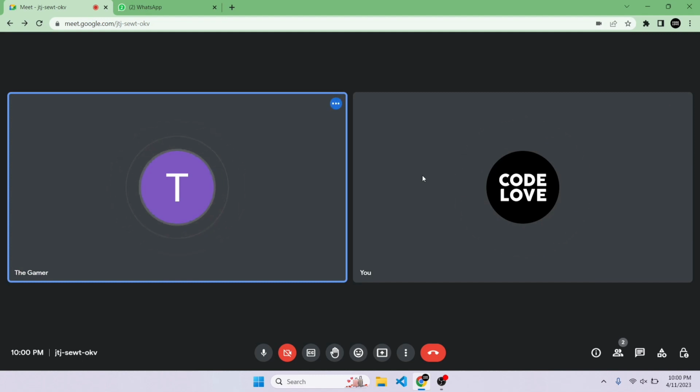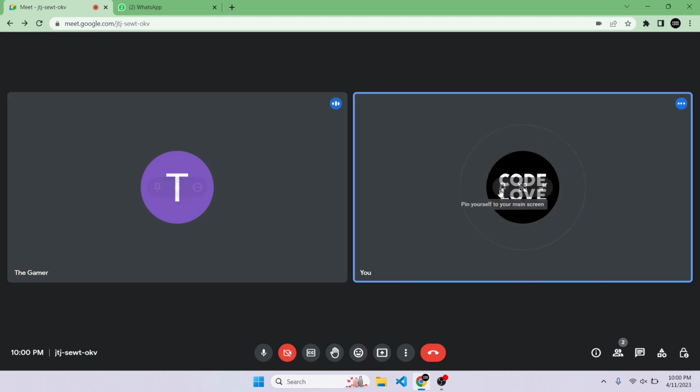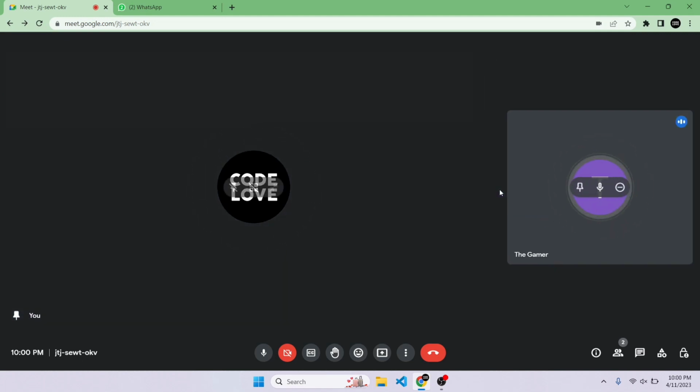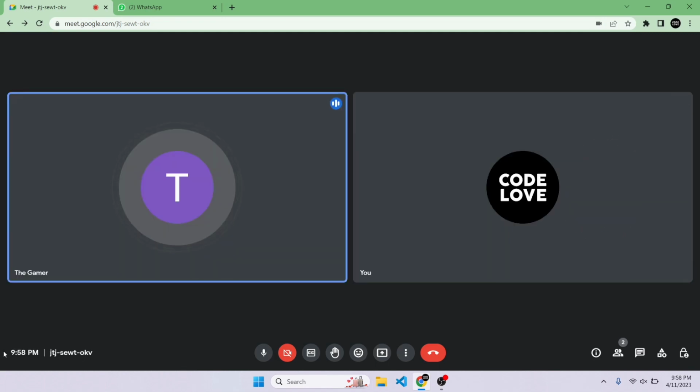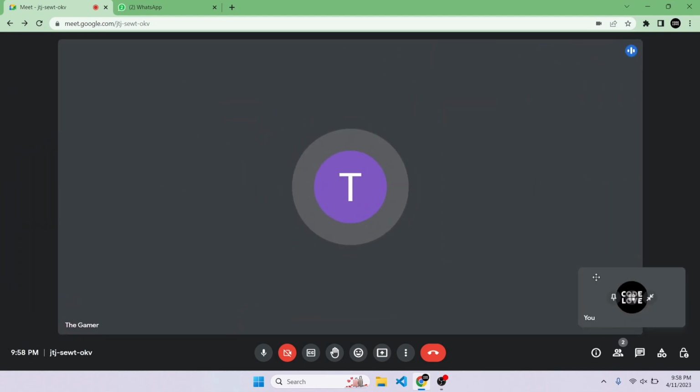Array combine is a function that also combines arrays, but it will take the keys from one array and the values from the other array, and after that it will combine them. And we have array reverse function where we can reverse the array, or array push and pop, two functions. Pop will delete the last element and push will insert an element at the end of the array.